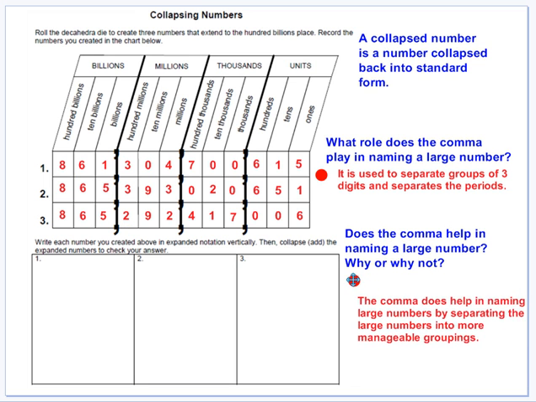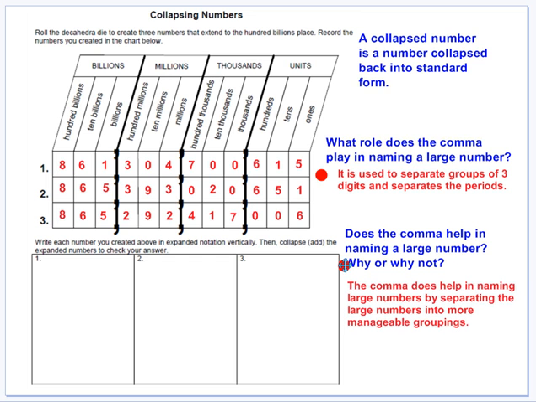Does the comma help in naming a large number? It does help in naming large numbers, and it does this by separating the large numbers into more manageable groupings. We can just read 3 numbers at a time and then put the name of that period after it, where that comma is. The comma kind of names the period. It's just a lot easier to be able to read a number, such as number 1 would be